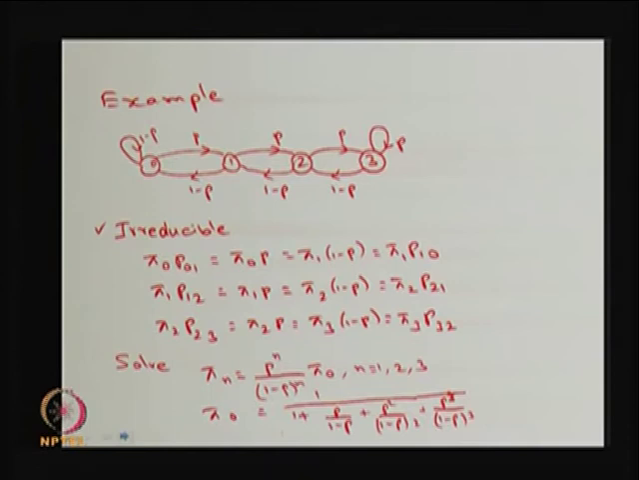Also it is irreducible because each state is communicating with each other state, and I assume that the probability p lies between 0 and 1. Therefore, this is going to be aperiodic. So, this Markov chain is finite, irreducible,